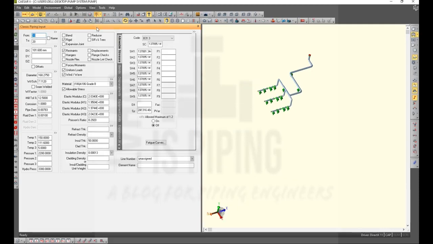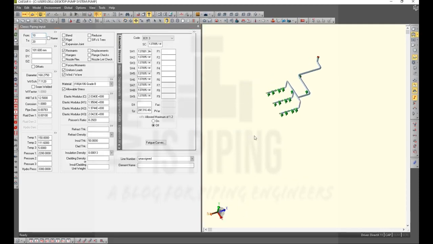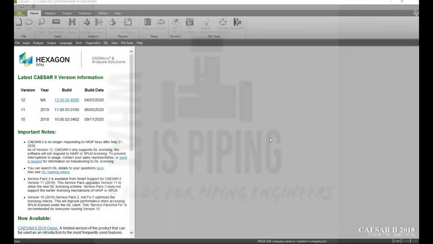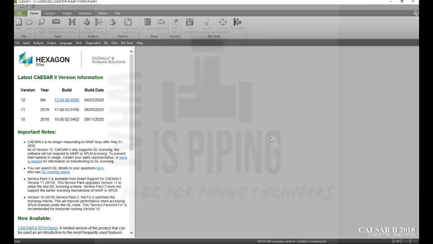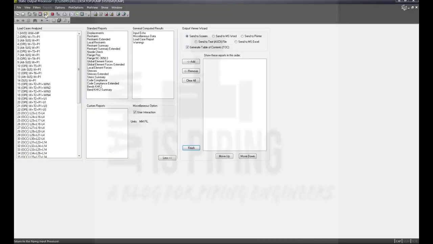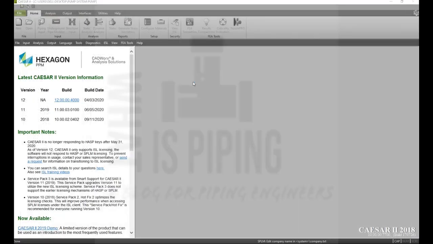So after that we have to again perform the analysis, because earlier I had not provided this value. It will be performing the analysis again and provide its results. Mainly the wind stresses or wind force values will be changing, because that global coordinate is only related to wind load cases for our current system.